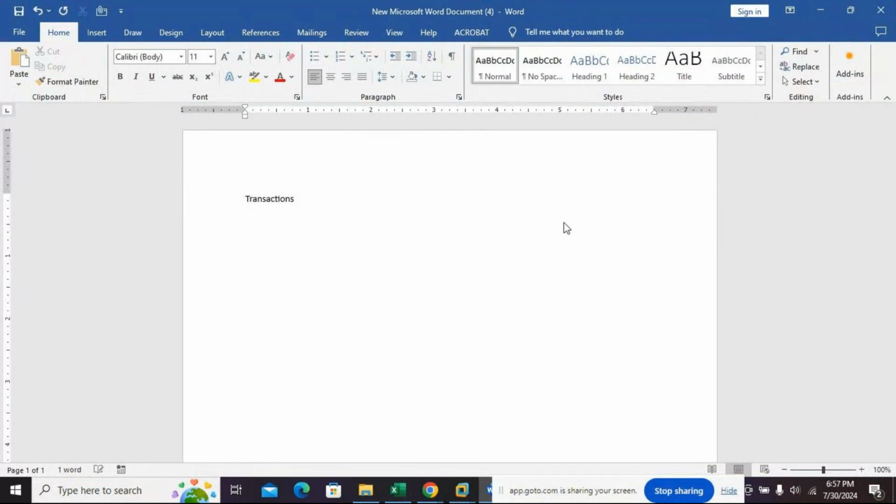So the transactions I'll do here: the first one is the company introduced capital rupees 5 lakhs by cash. Okay. Second transaction what we did, paid commission